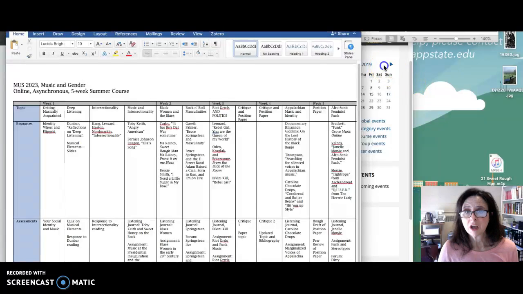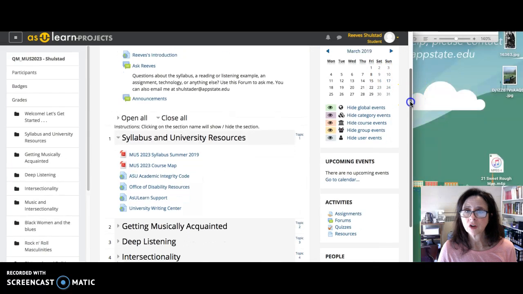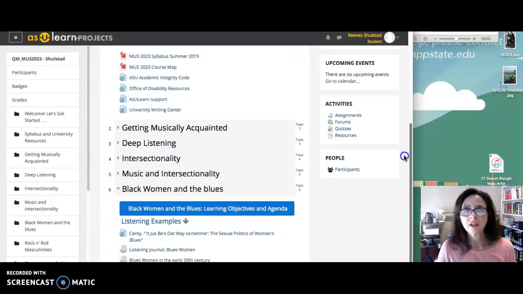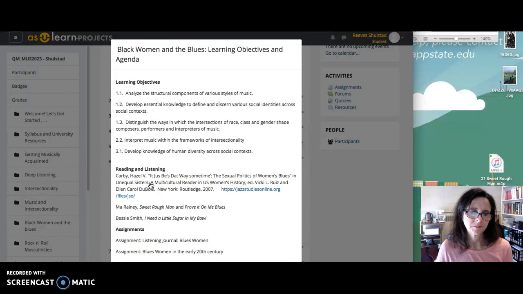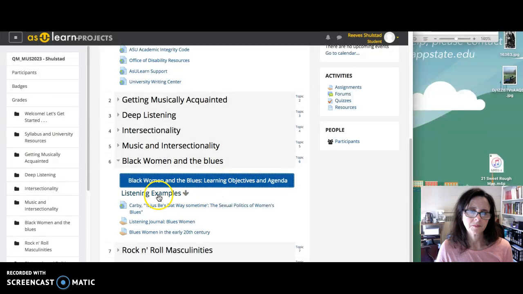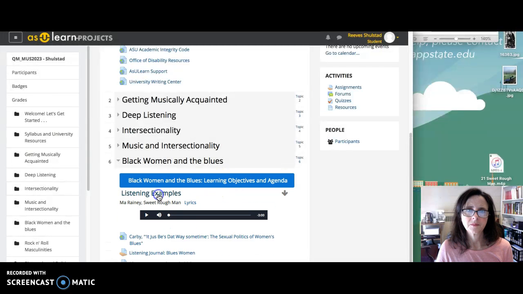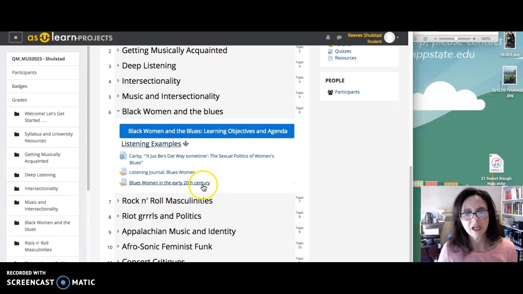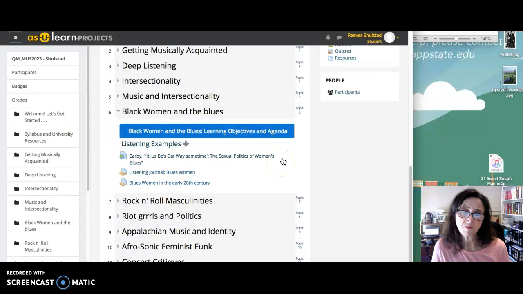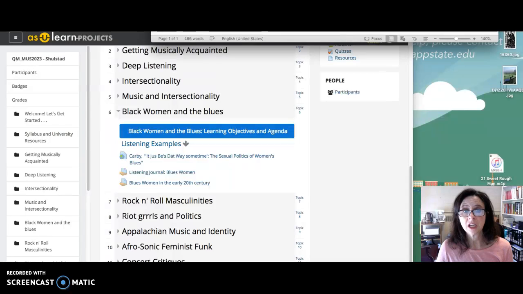As we move through each module, you will see there is a list of learning objectives and agenda for that module, followed by listing examples. The assignments and forums are located beneath them. I will add a video instruction to each module as we go that will comment on what we have done so far, how it connects to the material in the upcoming module, and any other interesting issues that have surfaced during the course.